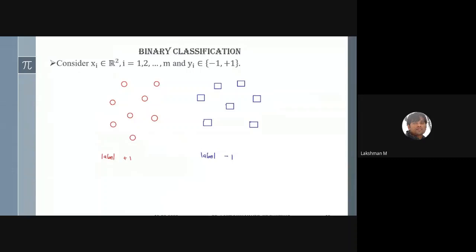Suppose I'm asking to find an optimal classifier. Definitely it is not a simple technique. Someone will draw it this way, someone will draw it that way. It is a very layman approach. What is the best approach? Here you have data points, and they look completely separated. So what idea will you apply from convex optimization? These are discrete points. From the finite number of discrete points, you first define a convex hull. We'll discuss the convex hull: it is a convex set, the convex combinations of all possible points of a given set.